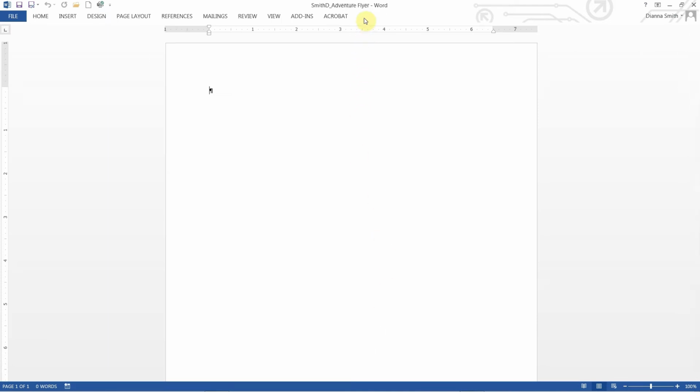You know you've saved this correctly if you have your last name, first initial, underscore, Adventure Flyer, dash Word in the title bar. The title bar is at the very top of the page. Now inside of the page you'll see a flashing bar. That is where your text will be when you type. The first thing that we are supposed to type is the word adventure with an exclamation point. Then turn the page, and on page WD6 we press the enter key,